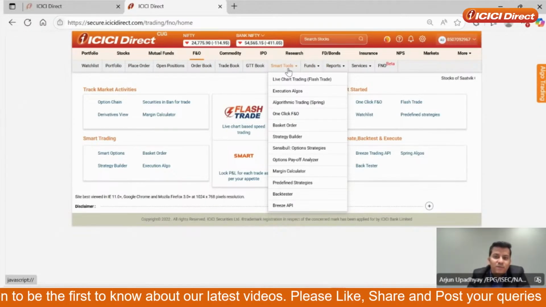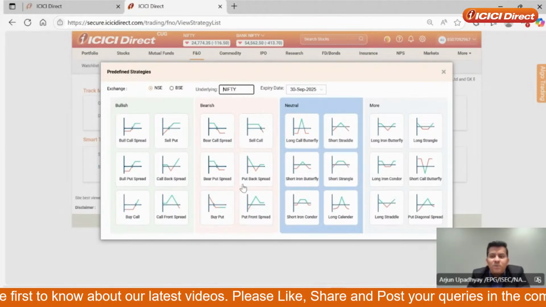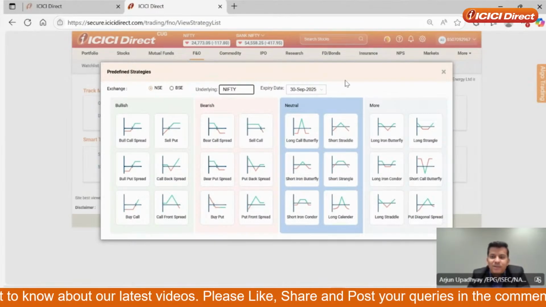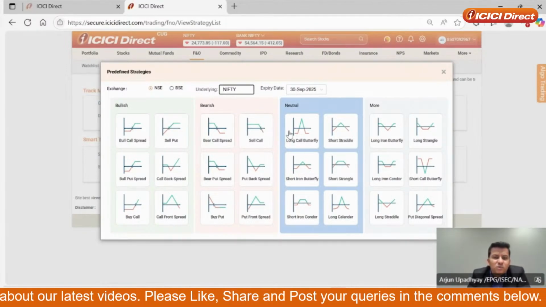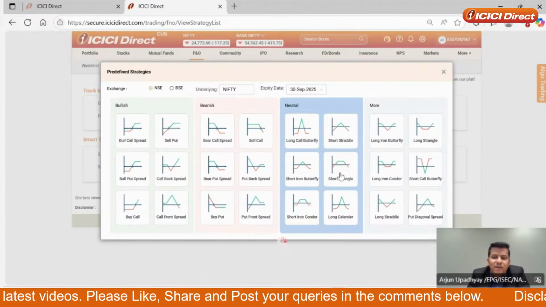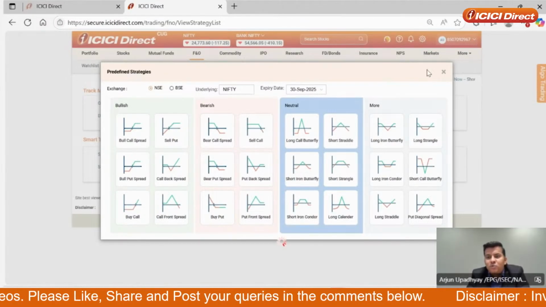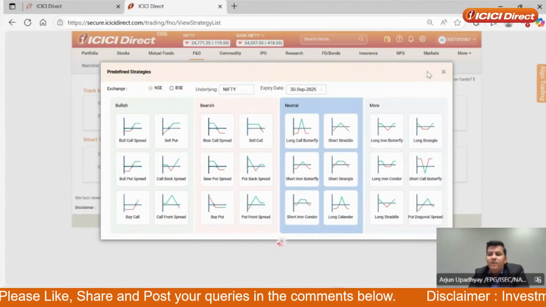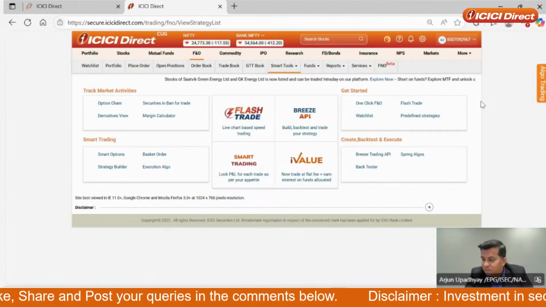I can go to smart tools in FNO, to predefined strategies. 80% of the ecosystem is covered on the retail side in these strategies, with some variations. I say the market should stay neutral, say, or bearish. I can pick up any of these strategies in one click, and then place an order from there. All that we are covering right now is not charged for any of our retail customers. It's all free of cost.